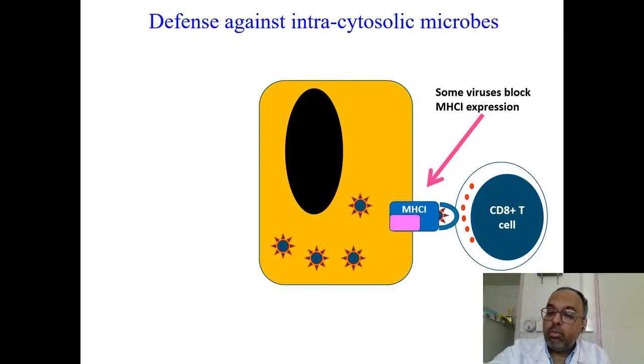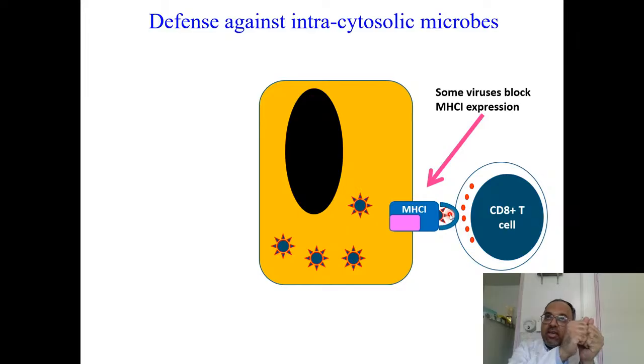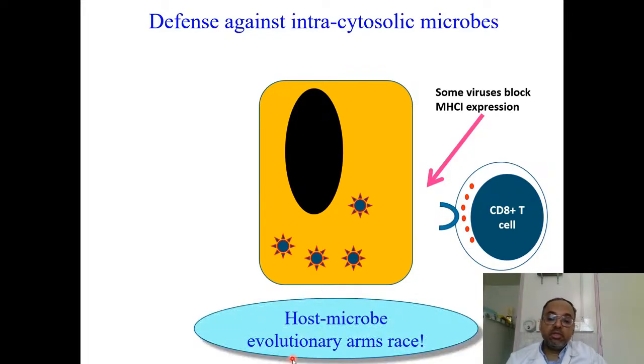And well, one thing to keep in mind is that, as I mentioned, it's not a single MHC molecule. Like you have to have hundreds of MHC molecules or even thousands of MHC molecules with the peptide for the CD8 T cell to efficiently attack the infected cell. So if you can decrease the number of MHC molecules, it will be beneficial for the virus. So they decrease the production of MHC molecules, so that CD8 cells cannot kill. But here comes the countermeasure.